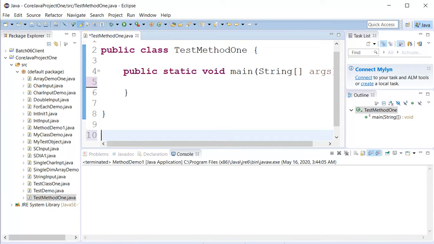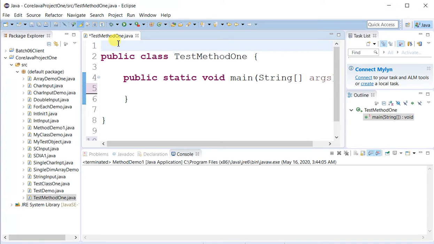So where shall I define my method? I need to define the method in the same class outside the main method, or inside another class as a class member.